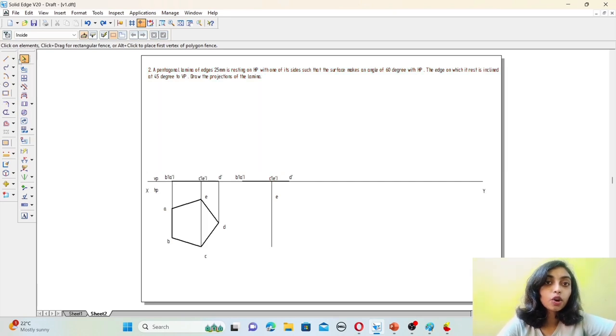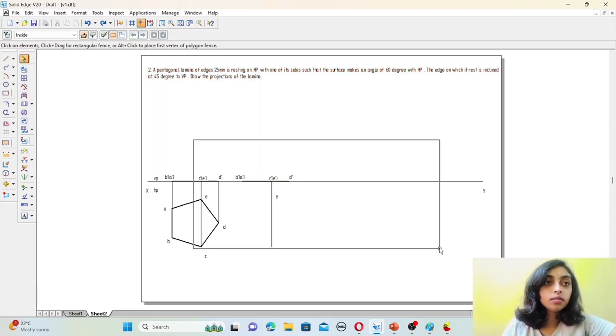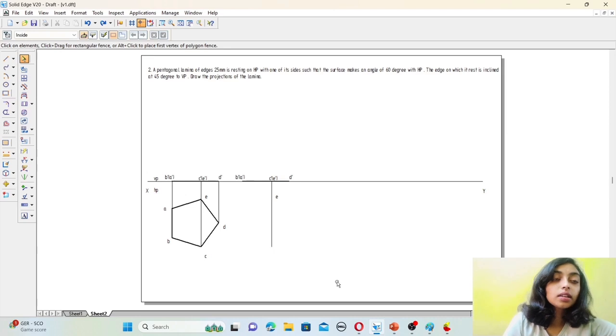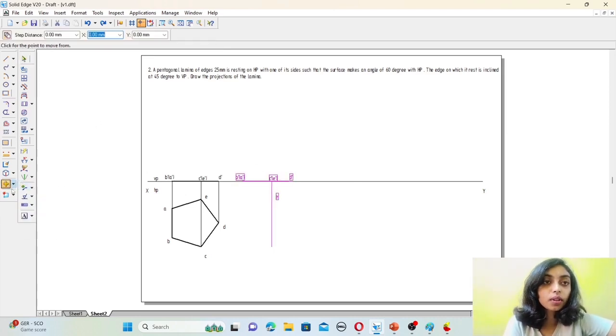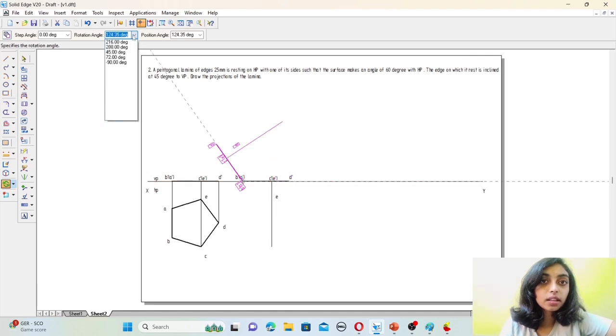So again select this whole entire thing, then go to the rotate option, from this point to this point, and give the rotation angle here as 60 degree. Enter.